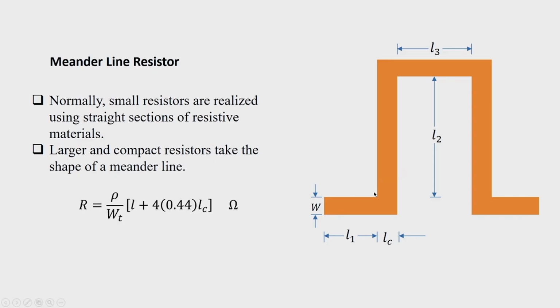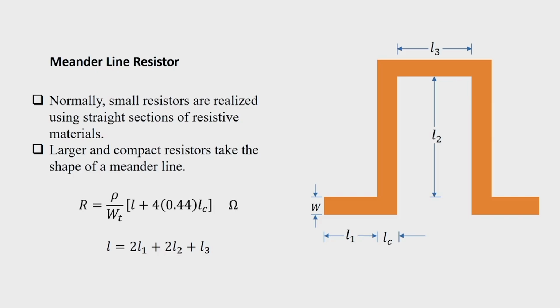For this type of Meander line section, resistance R is given by rho divided by W into T into L plus 4 into 0.044 Lc ohm, where this L